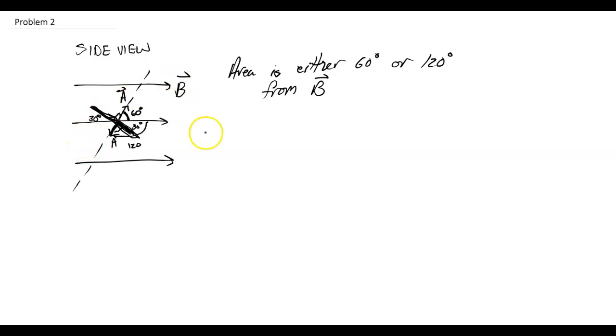And now we know that the magnetic flux is given by the magnetic field dotted with the area,